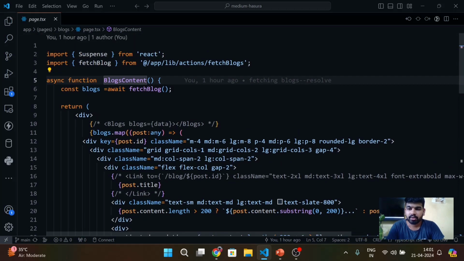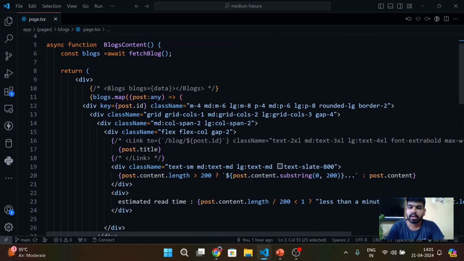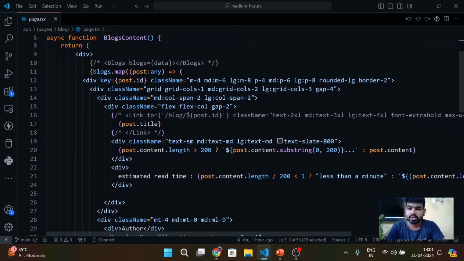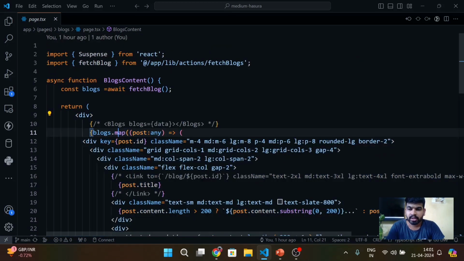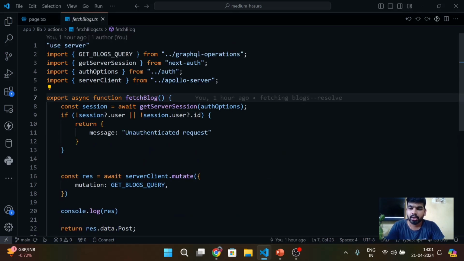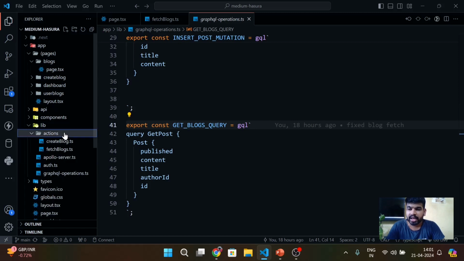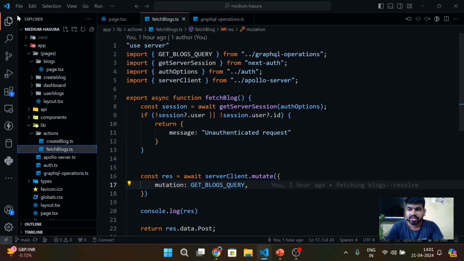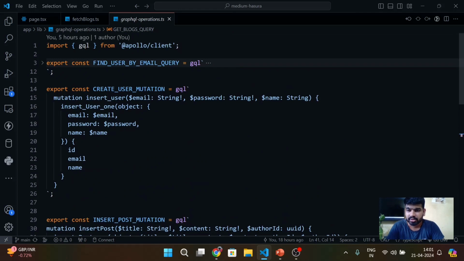So I'm actually fetching this from the backend that is using Hasura. I will be explaining this later. So this is the user interface that will be rendered on the front end. So here I am calling the fetch blog component. This fetch blog component will run a query that I have kept in this specific folder, actions. We have actions such as creating the blog and fetching the blog. So this is for fetching the blog, and we have written the query here in these GraphQL operations,